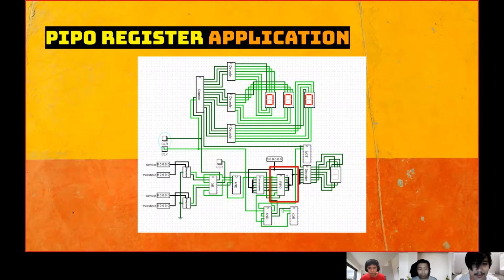And for the next one, this is the application for the PIPO register. As you can see, the register is connected to the output of the incrementer, and the output of the register is connected to the input of the incrementer. And as you notice, this is like